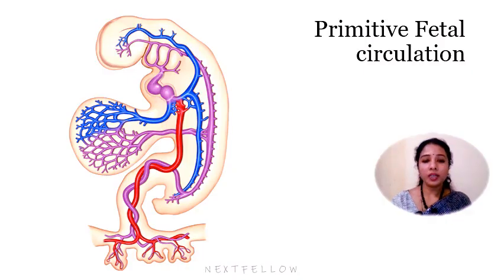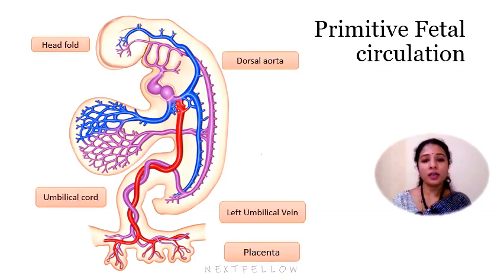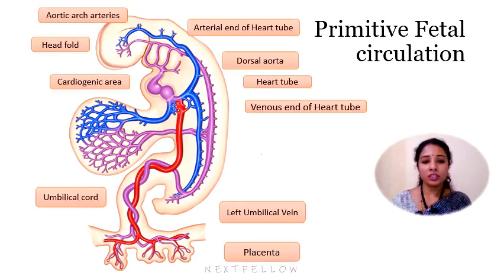So these purple colored structures are the umbilical arteries, which carry deoxygenated blood into the placenta. So this is the umbilical artery. Poorly oxygenated, nutrient poor fetal blood is sent back into the placenta via the right and left umbilical arteries. This point is to be noted. So this is an outline of the primitive fetal circulation. And here are the vitelline vessels.